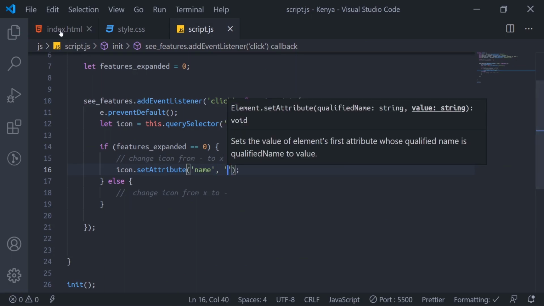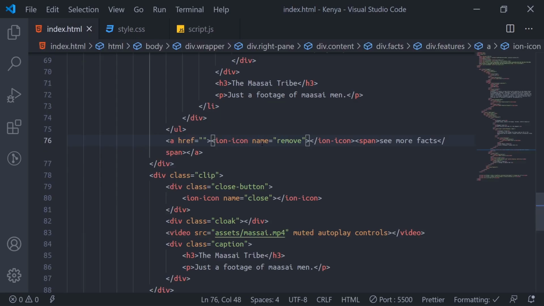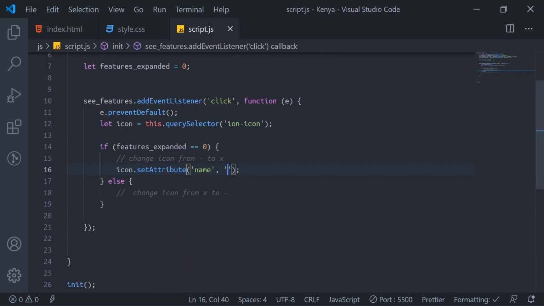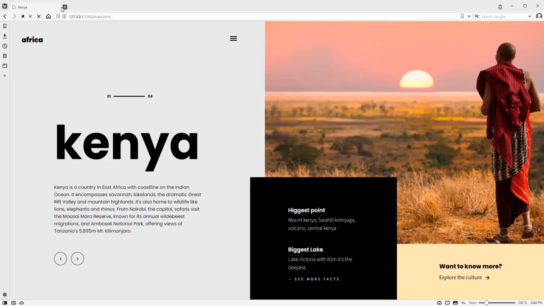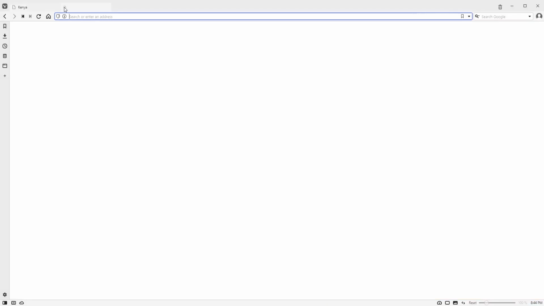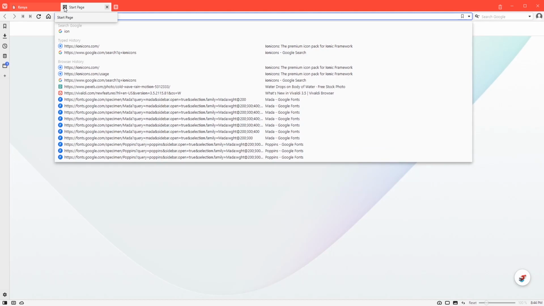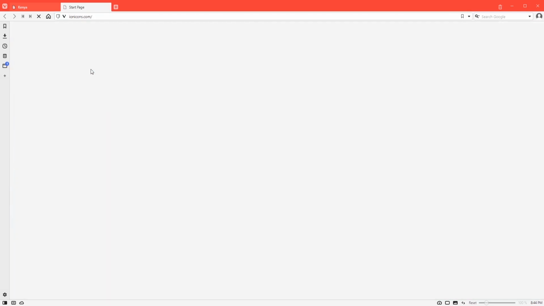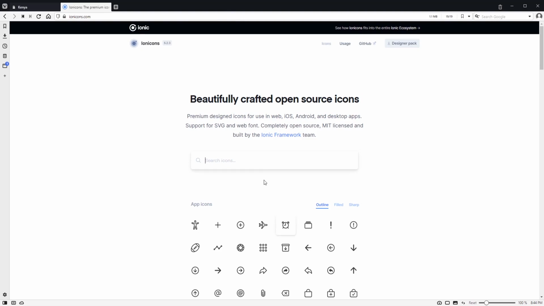So the attribute here is name. The same name; we'll put it as the first value here. Then we'll put the new value. The new value we'll just say close. You get, we'll say close. Why? Because if I come in and I load the Ionicons, what do they do?